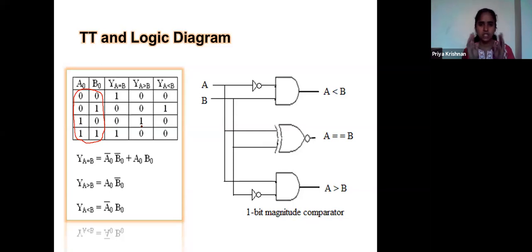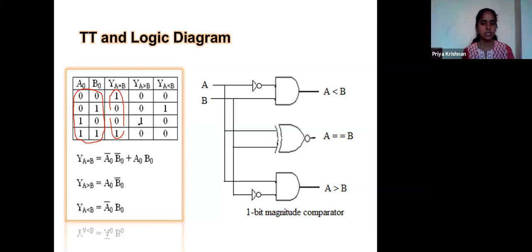Now we will realize this with the basic gates. So this expression matches which gate? Which gate's output is this? This is the output of the XNOR gate, and the XNOR gate expression is given here.